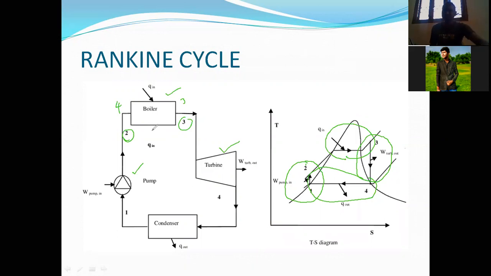What I'm saying is, don't memorize things by rote. For example, according to this diagram, if you would like to get the turbine work done, WT, it will be H3 minus H4. Why? Because before the turbine is 3, after the turbine is 4. So the work done WT will be H3 minus H4. For example, if the examiner gives this point as 2 and this point as 3, then what is the work